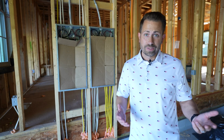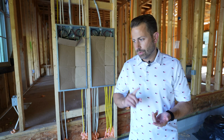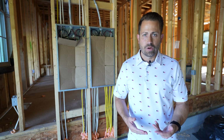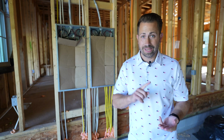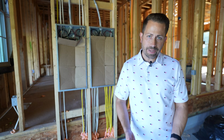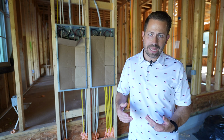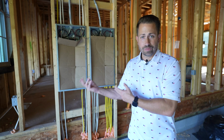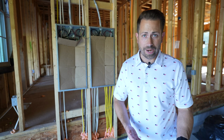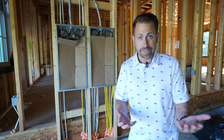Once all those rough-ins are complete, the builder will reach out to the county or the city and let them know that the mechanical, plumbing, and electrical rough-ins are done and they're ready to be inspected. At that time, the county will send somebody out to the house to make sure everything's up to code and it looks correct, and they'll either sign off on it or not and let them know what needs to be